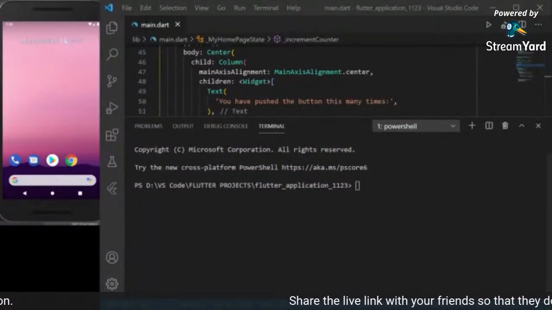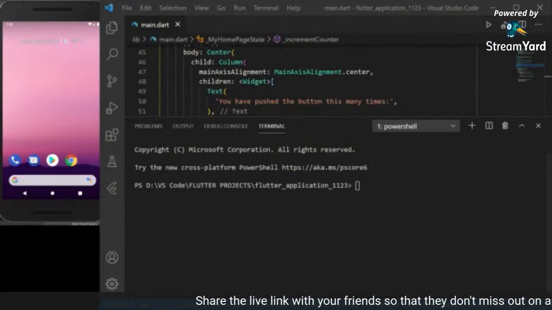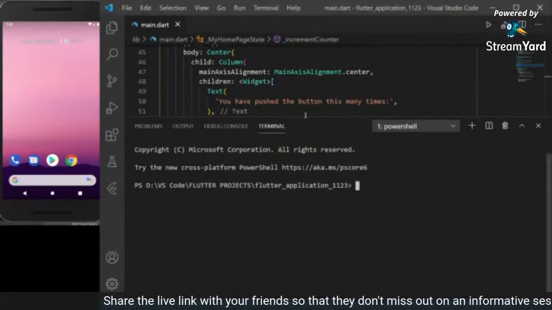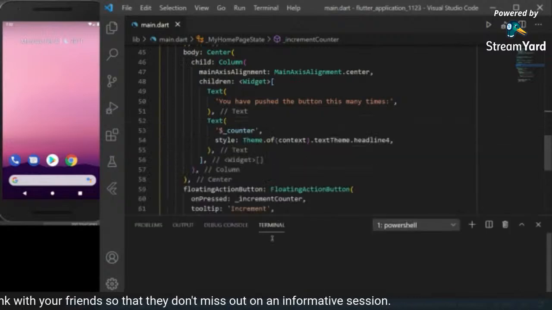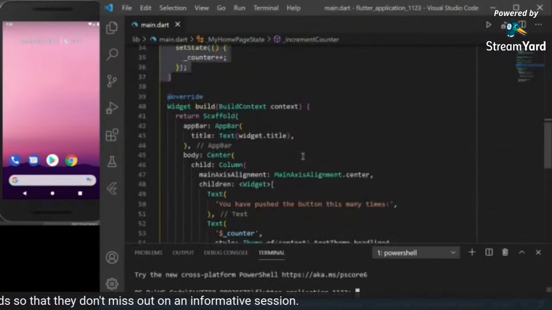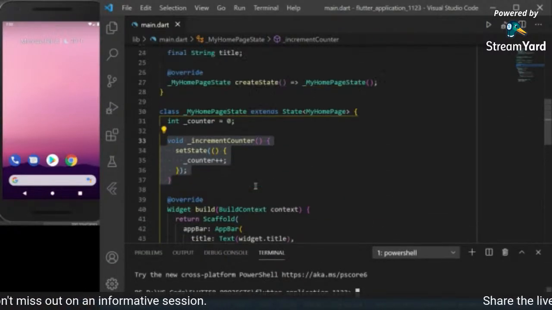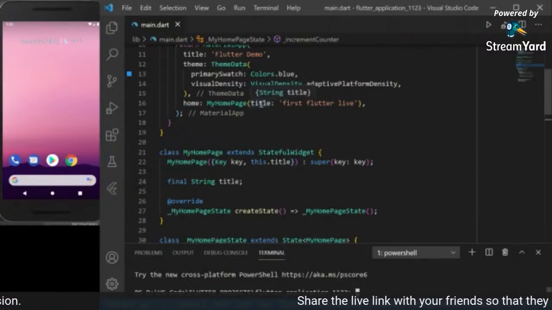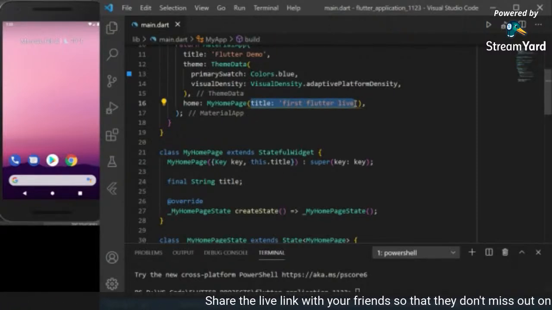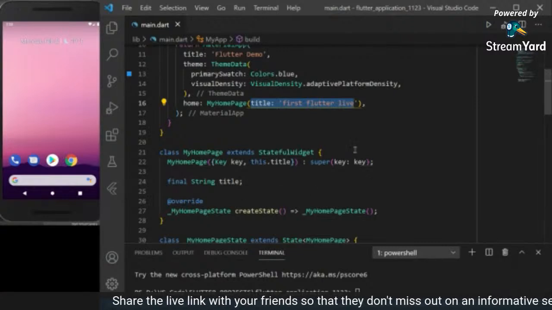One more question from Vipul is that there are two titles. What are the differences between them? Yeah, so the first title here, which is being passed from the MyApp class to the MyHomePage stateful